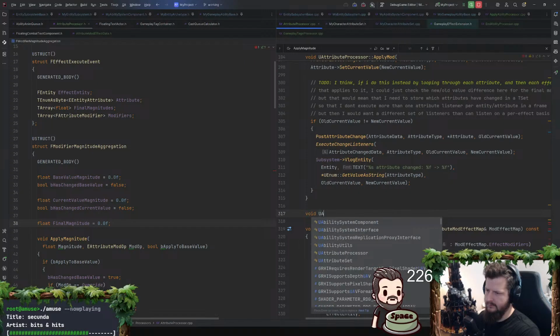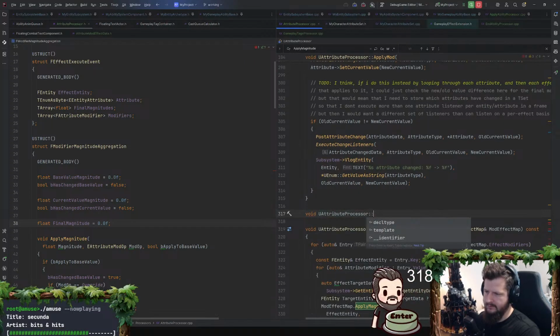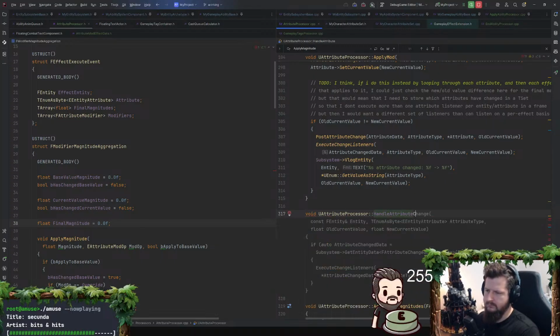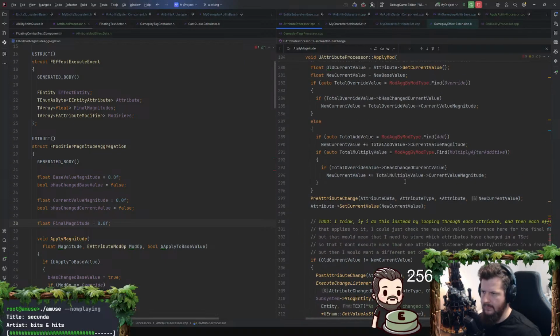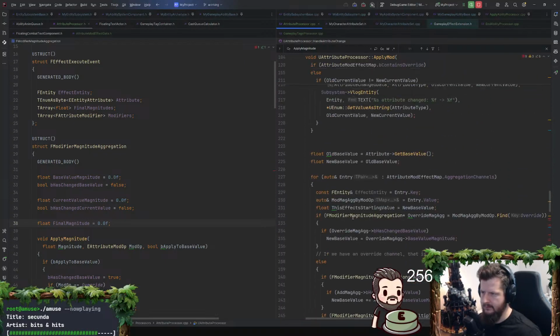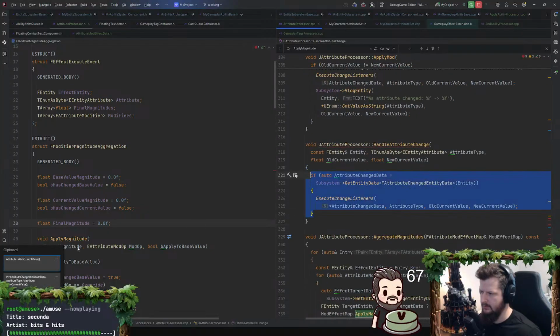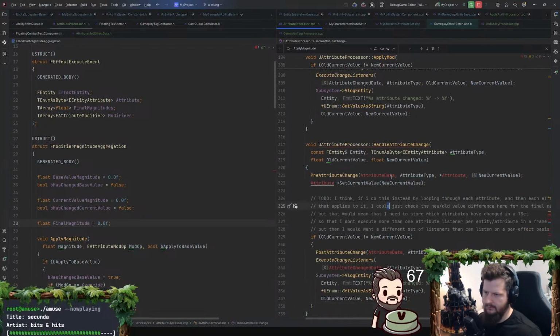Void U attribute processor. All right, maybe I'll just do handle attribute change. And then let's copy that. Let's just maybe put that in there. So we want attribute data.